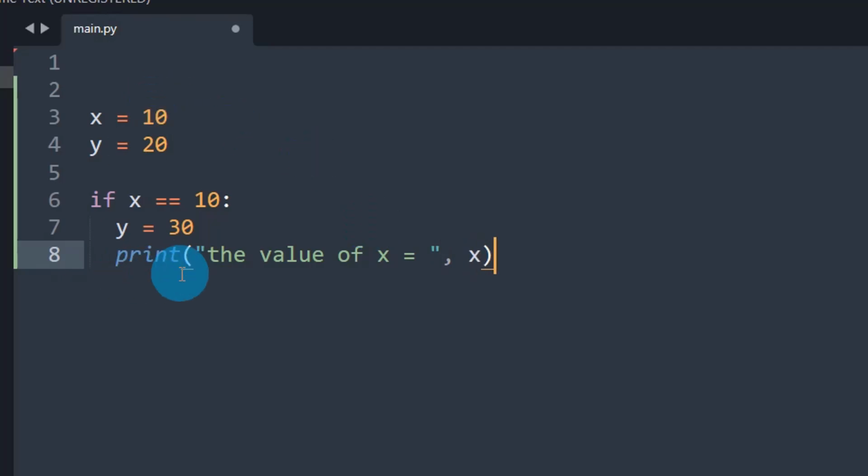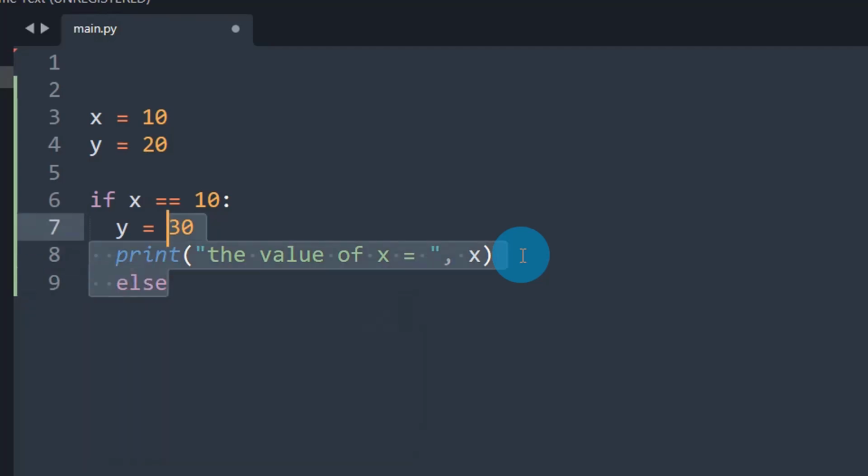Here if you observe, if x equal 10, these two lines are in the next level of indentation compared to this line. That means these two lines of code block are going to be executed if this condition satisfies, right?